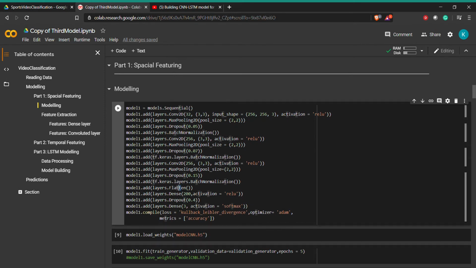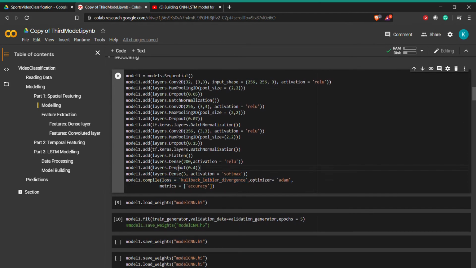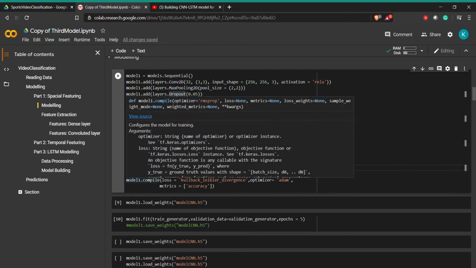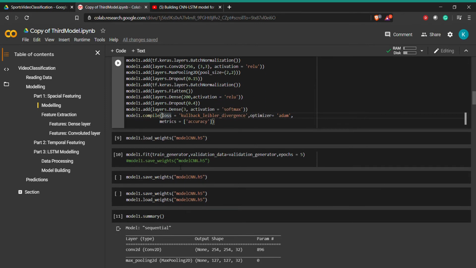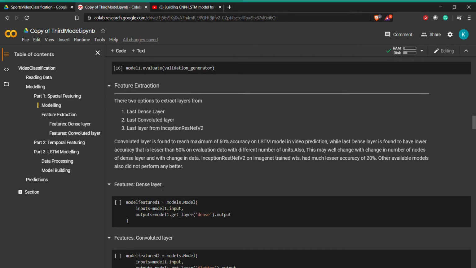We have made some differences here. Initially the loss function was cross entropy, and with cross entropy we got good results of around 70% accuracy on our test data. We are also currently trying it with the KLD loss function, and after doing this we got the results, and we finally built the model one.